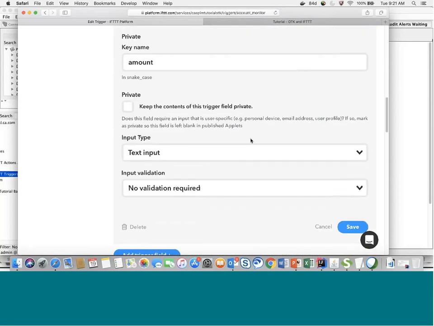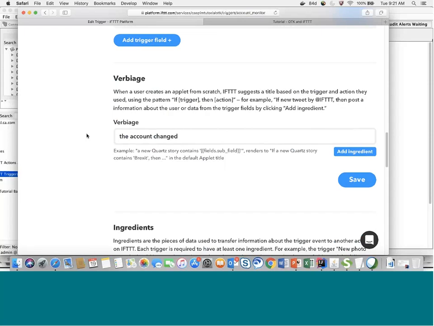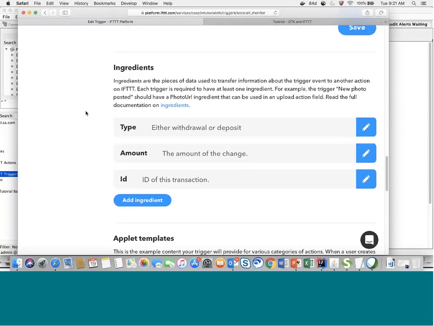And this is how you add trigger fields. So they are being sent to your gateway, and this trigger creates a response, and this response includes so-called ingredients. So in this case,